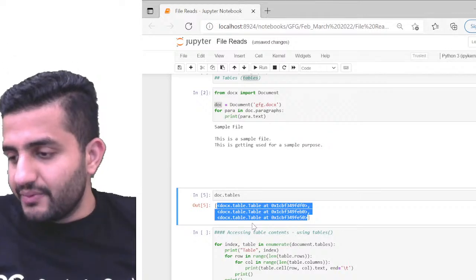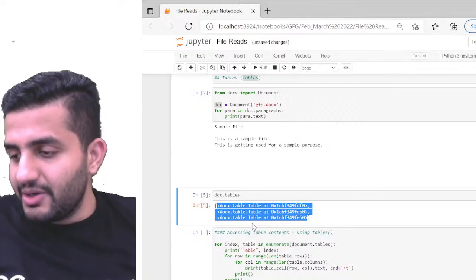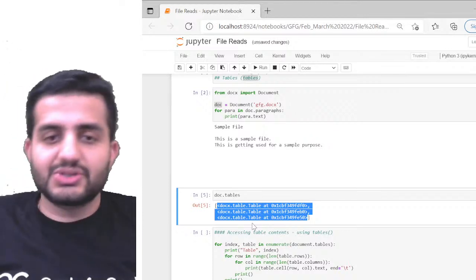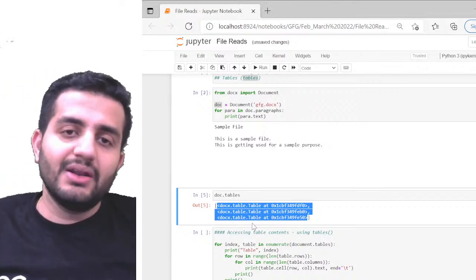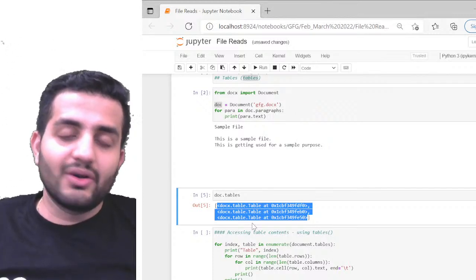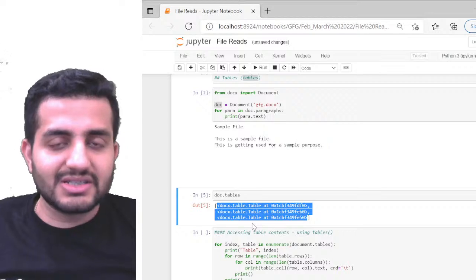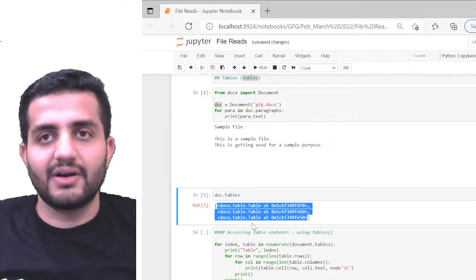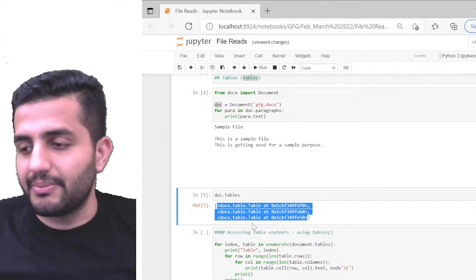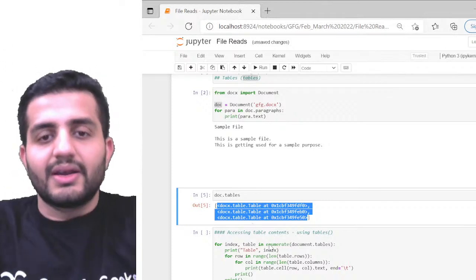We have a question from Vasant. He says, if we have a paragraph in between and after the table, will it also print at a time? Yes, no problem in that. Even if we have a table in between, it will still work. By using paragraphs, it will not identify the table element. It will just keep on printing the text, and even after the table, if you have some text, it will get printed like that. That should not be a problem.